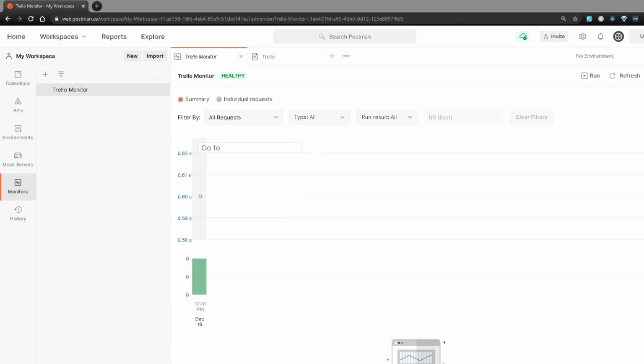I hope you understand how Postman monitoring works now and how you can schedule your run and see a report similar to this. I would highly recommend that you set up some kind of monitoring for your APIs so that you know the performance as well as the health of your APIs, and you don't have to do this manually every time you make some changes to your API. Okay, so in the next video, we will take a look at how we can run our tests using Newman, which is the Postman CLI tool.